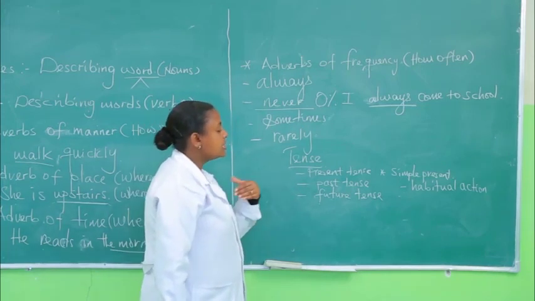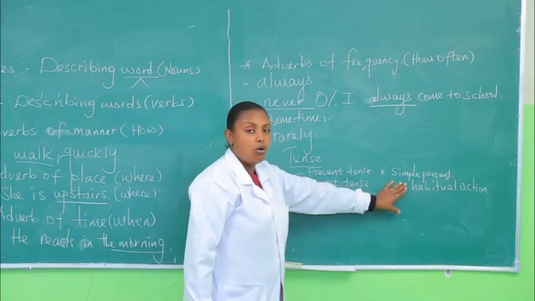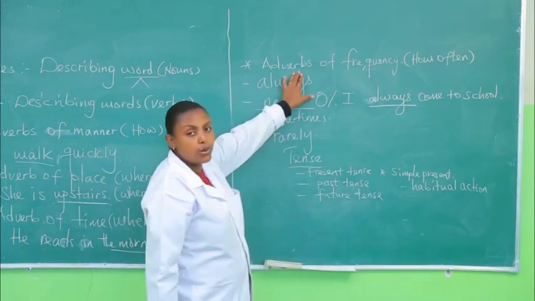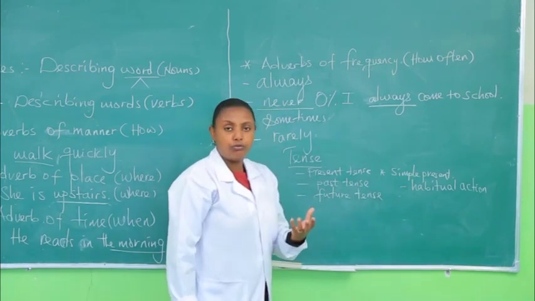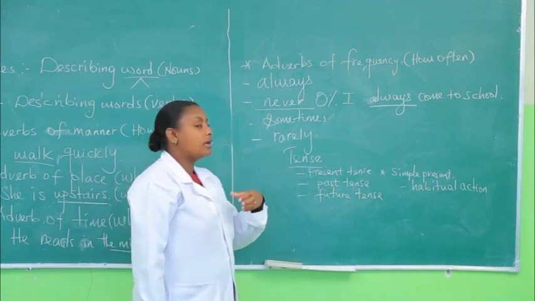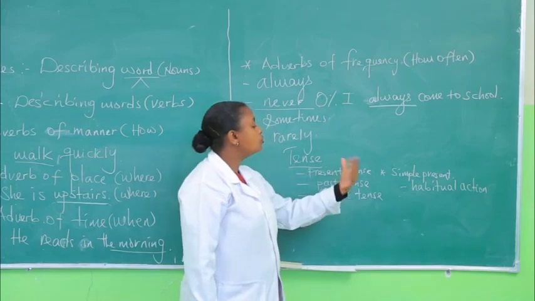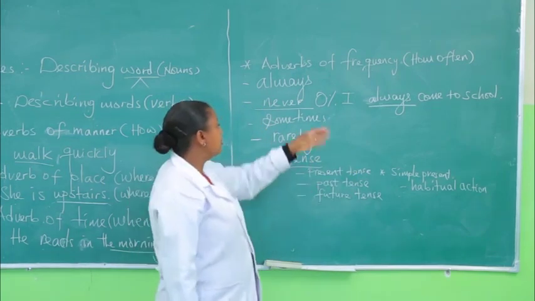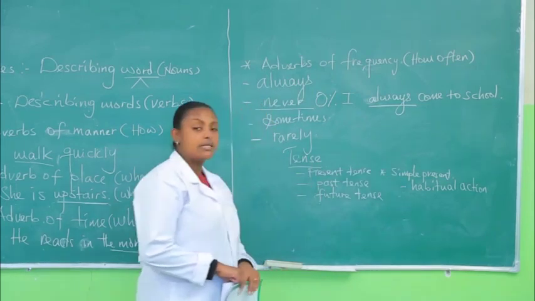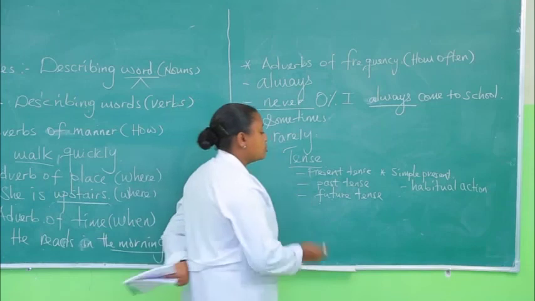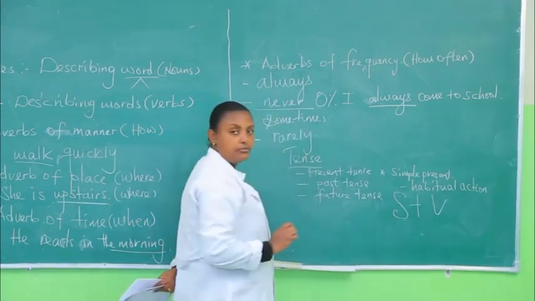So, having this in mind, we are going to use only simple present tense with adverbs of frequency because it tells us habitual action, like a habit of yours. For example, there are habits we always do. So, if you want to say how many times the action is repeated, you are going to use adverbs of frequency with simple present tense. You remember the form of simple present tense? I hope so. Subject plus verb. But